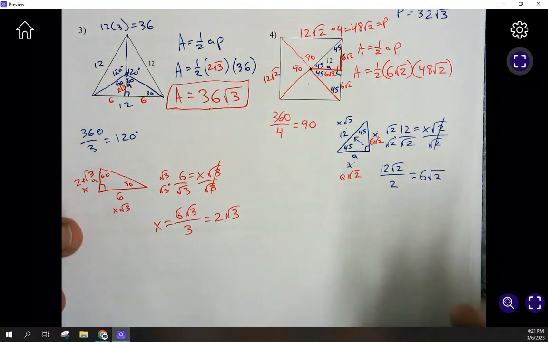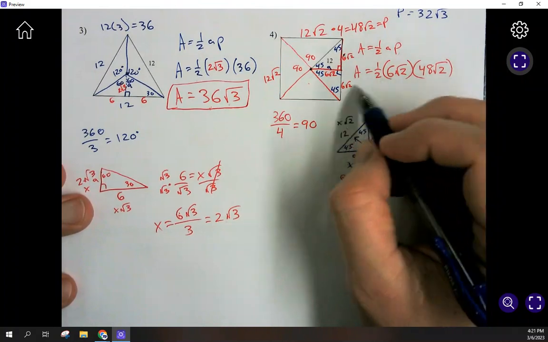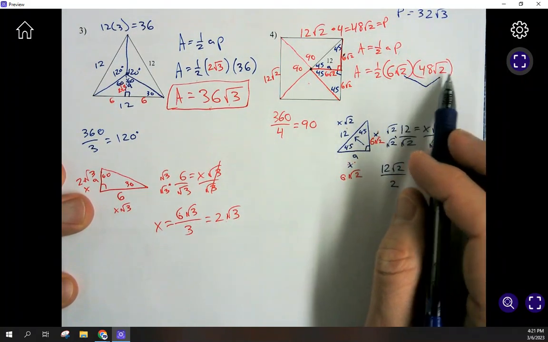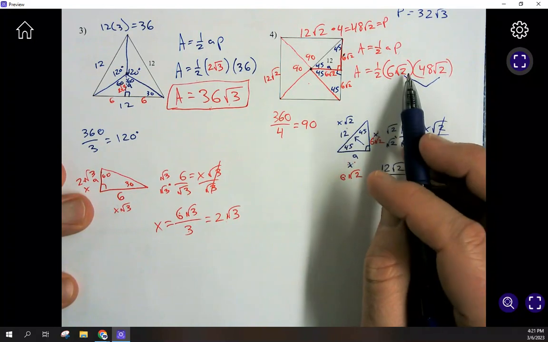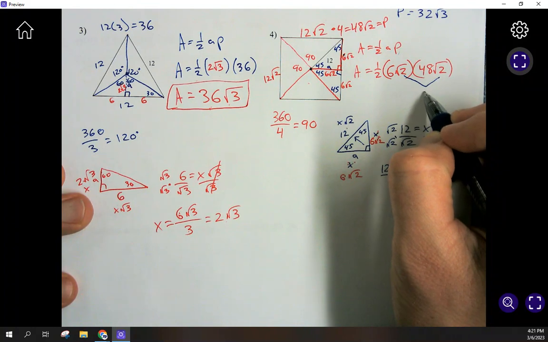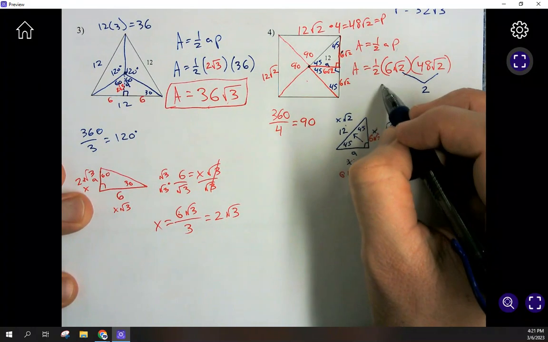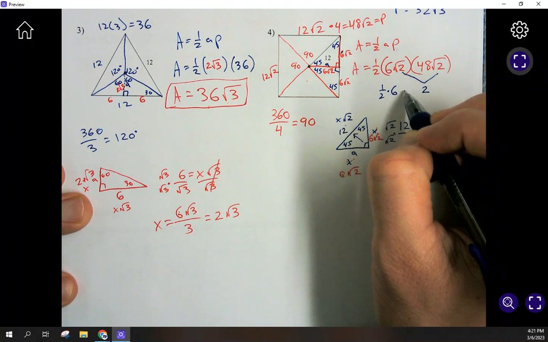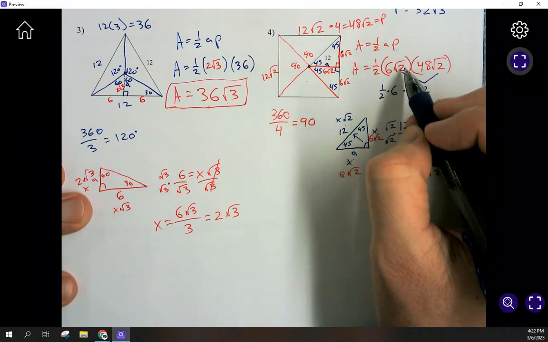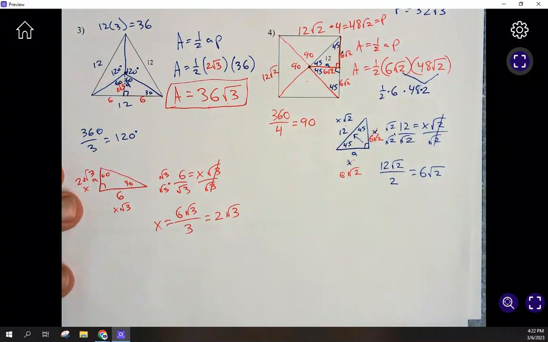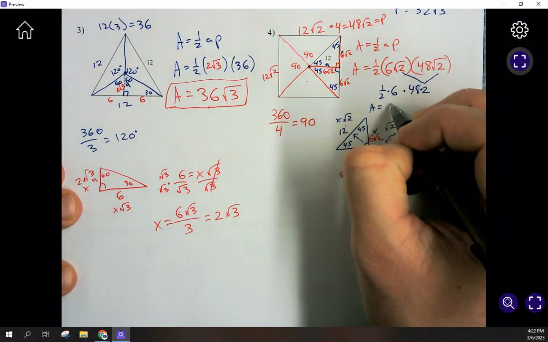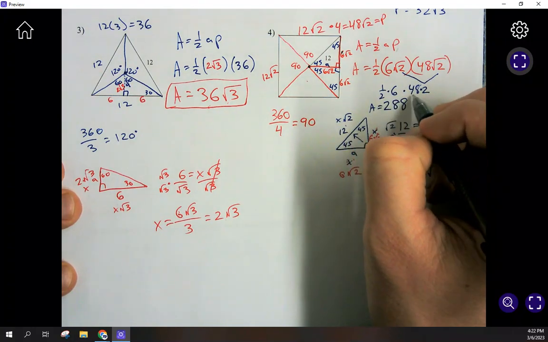Now again, we normally just leave the radicals alone and deal with the whole numbers when we get to this point, but we do have two radicals. Multiplication can be done in any order. So I can go ahead and multiply radical 2 times radical 2 right off the bat. We know that that just becomes positive 2. And so I can do 1/2 times 6 times 48 times 2. Okay, instead of dealing with those radicals right there. We run that all the way through. Area equals 280